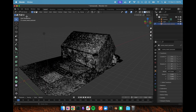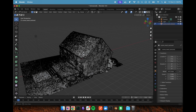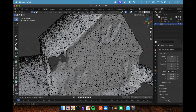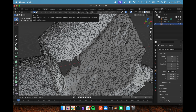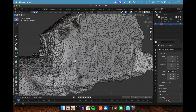So next we need to go to edit mode, and you can stay in the solid shading. I think it makes it a little easier. And we're gonna, oh actually, probably want to get rid of that little vertice. But you can click on an edge like this. Actually probably need to put it in edge select mode here. And then select an edge with Alt. And then you can see that's going to make, oh, actually